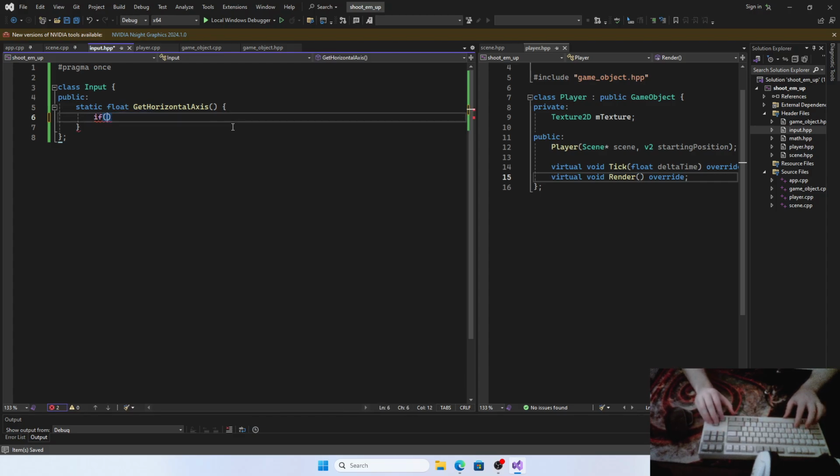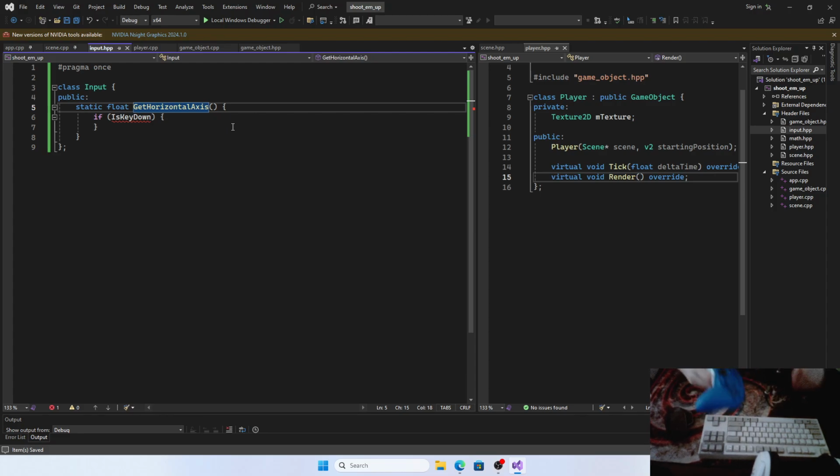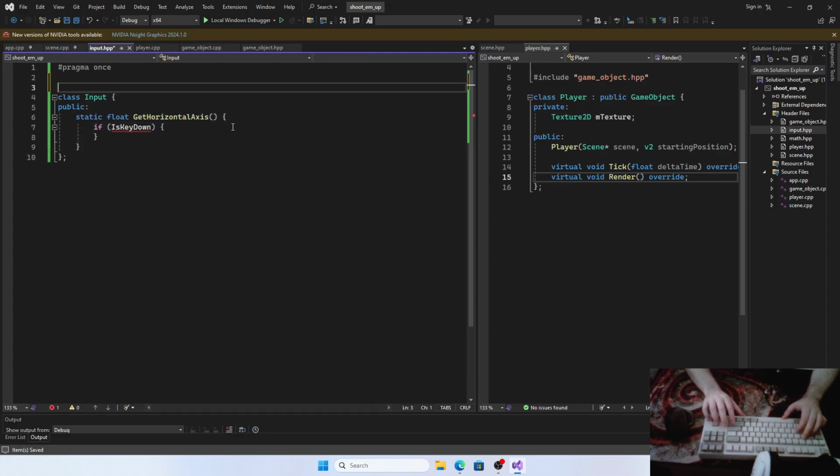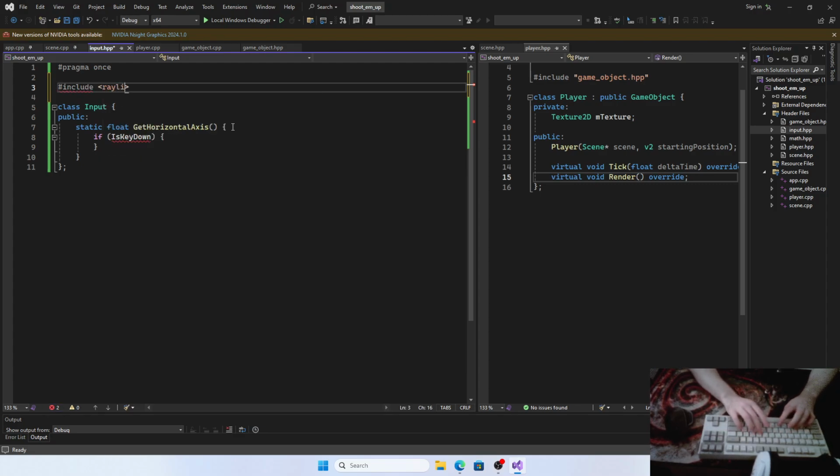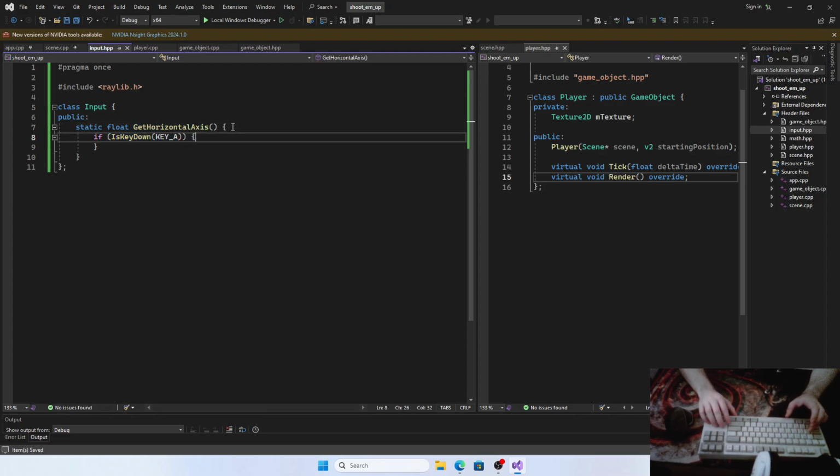Why this is pretty nice to have, this get horizontal axis instead of checking for certain buttons in the player, is because now we can actually add support for controllers as well, just by changing this function to check for that. So we are going to be doing that in the future. So let's simply include Raylib here. Let's say if we pressed A, or if we pressed left arrow,